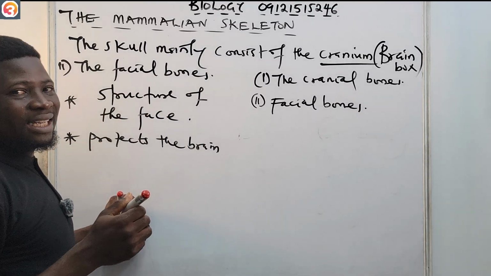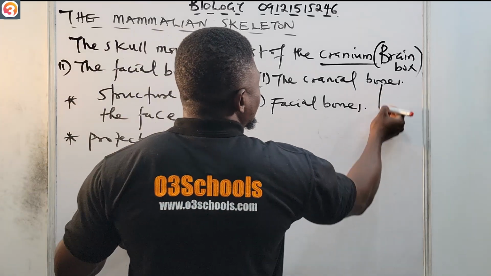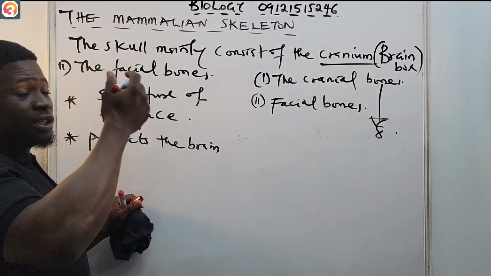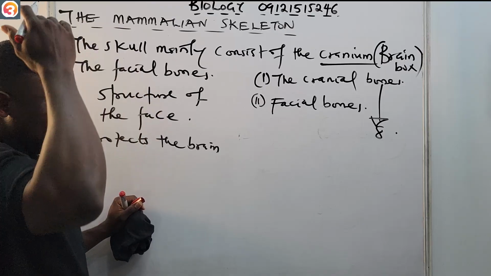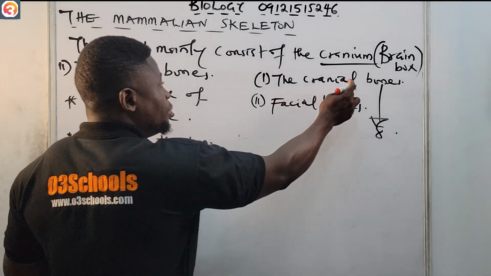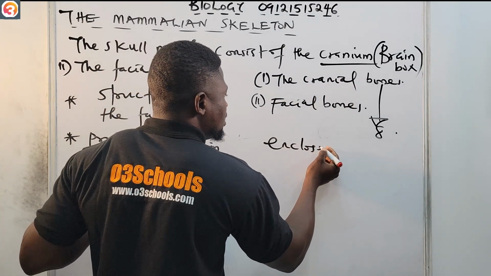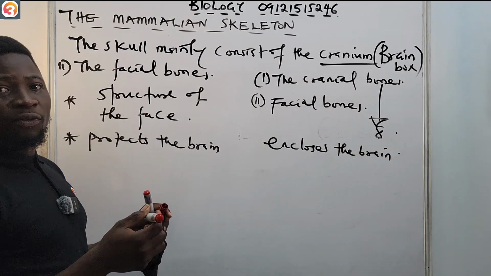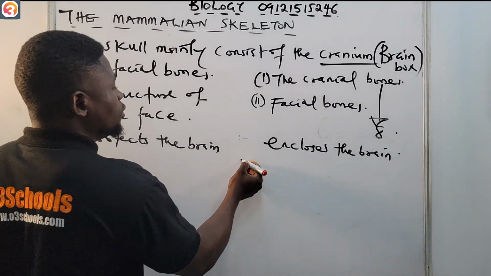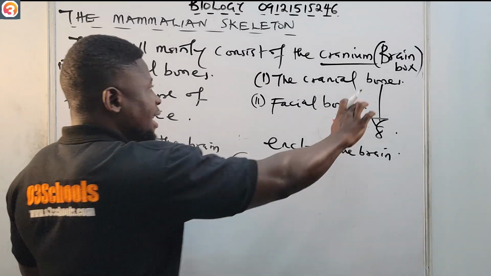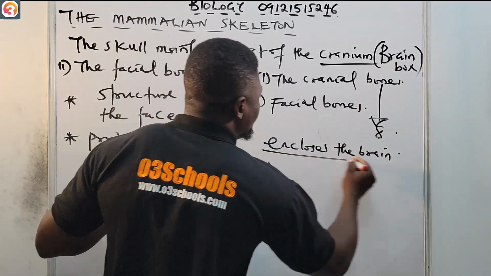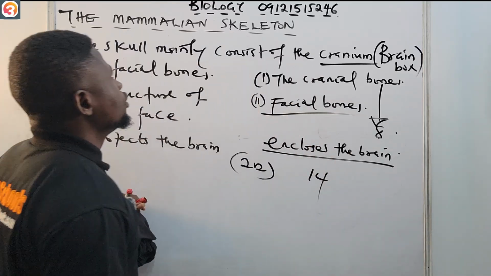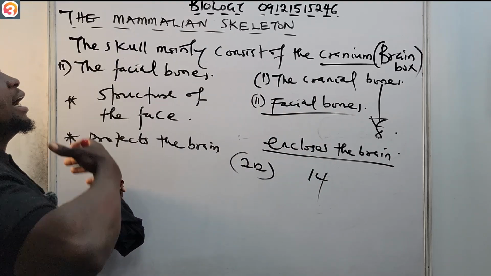Take note. The cranial bones are 8 in number. And of course, what do they do? They enclose the brain. The remaining 14, because there are a total of 22 bones in the skull. If 8 are the cranial bones which enclose the brain, that means the remaining 14 will be the facial bones, which help to